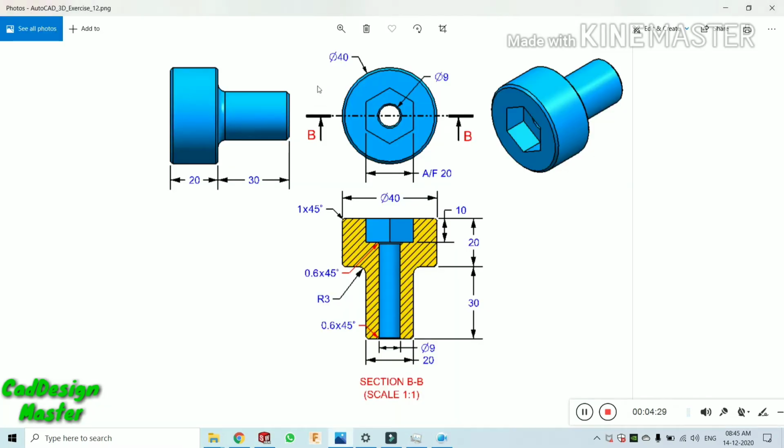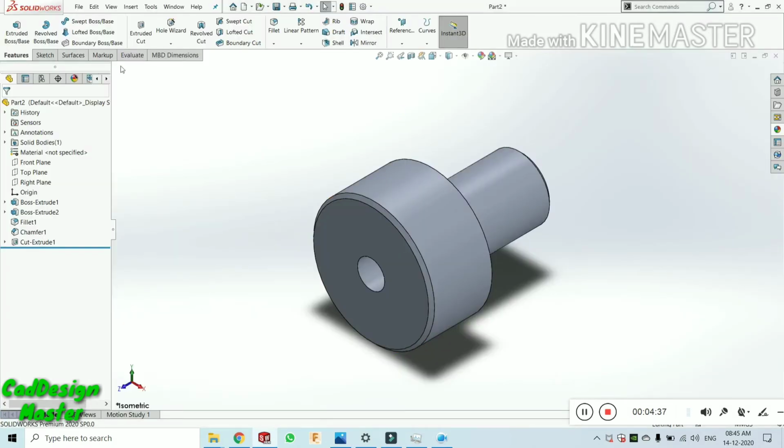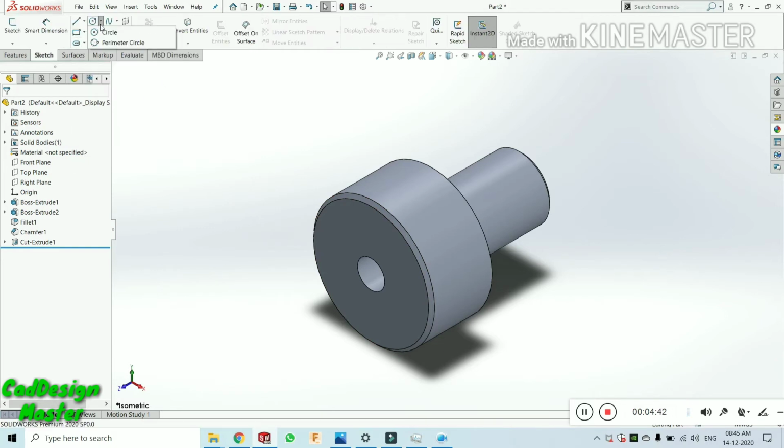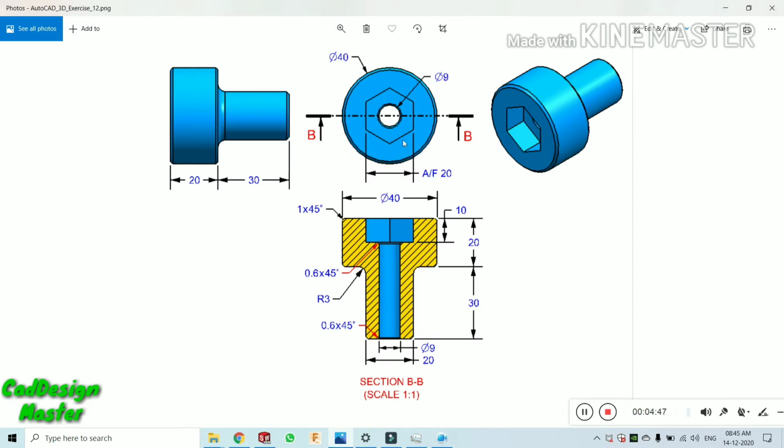Now what is remaining? This part is going to remain here, so we can select the multiple option, or you can also make this part, that is a polygon over here. Now you can see how it is looking.